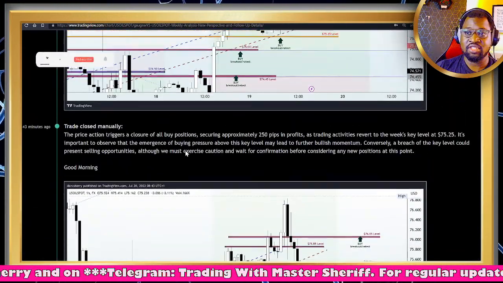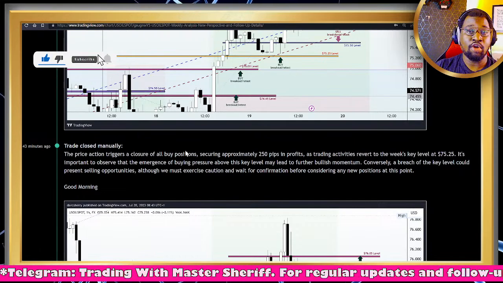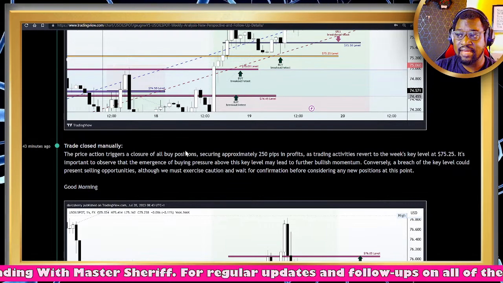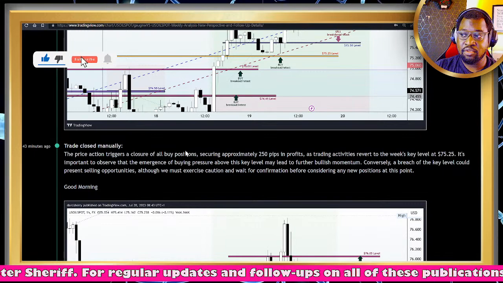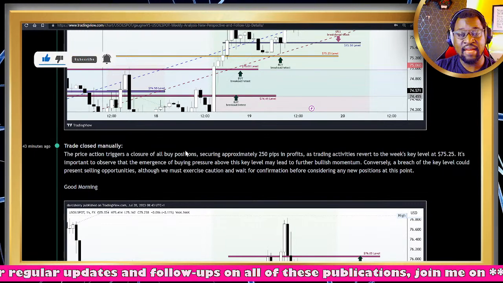So this is my commentary this morning. I said here that the price action triggers a closure of all buy positions. Of course, we had moved our stop losses, securing approximately 250 pips in profit on all 4 to 5 positions we had there, as trading activity reverts to the week's key level around the